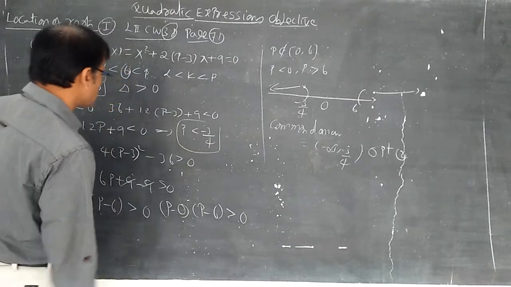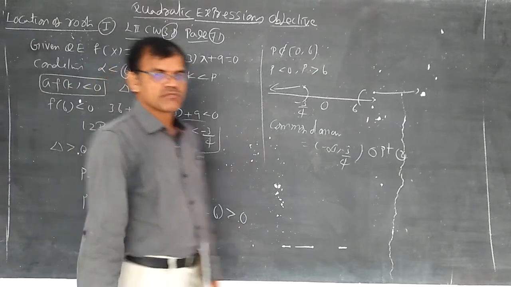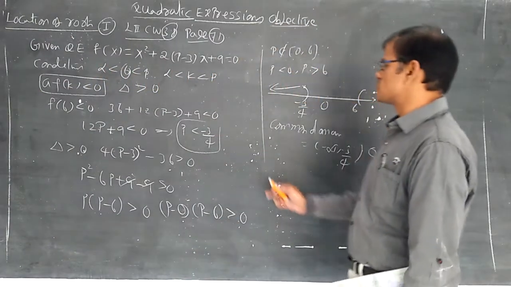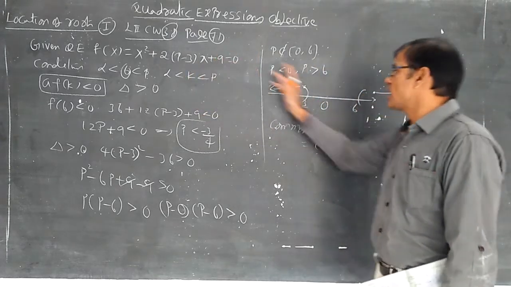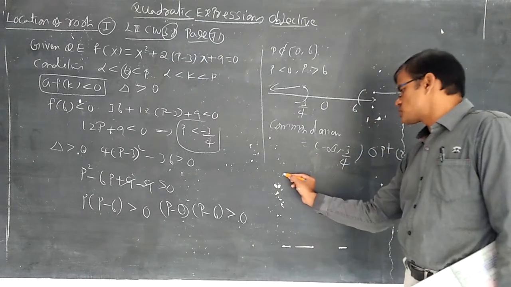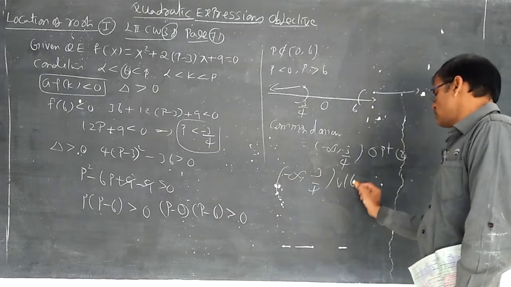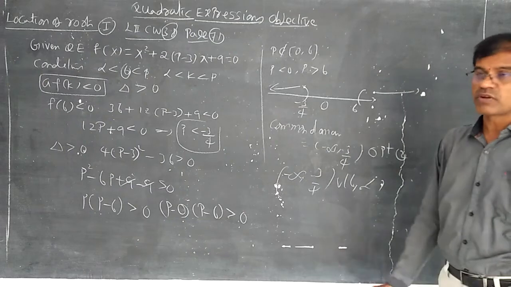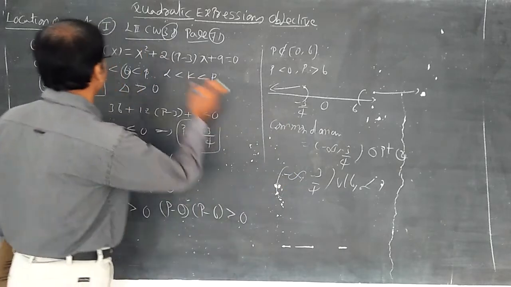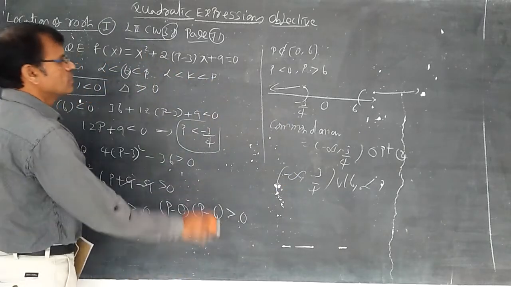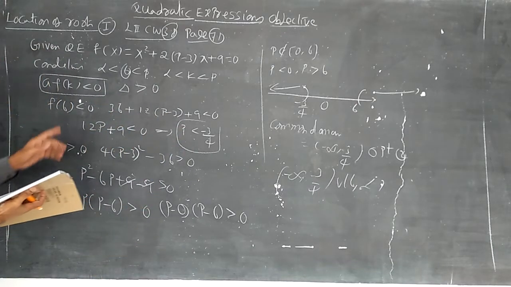Students can get a doubt: here only verified, sir, why should we do all these things, no need. You can think like that as students, but this is an advanced question. In advanced, 100% we should verify whether the value exists here. If two options are there, one minus infinity comma minus 3 by 4 union 6 comma infinity, and this is right, this is right, like that, for multi options or for the 6 comma infinity case, we verify whether 6 is not possible. That also 100% needs this calculation. So don't get confused, this is necessary.